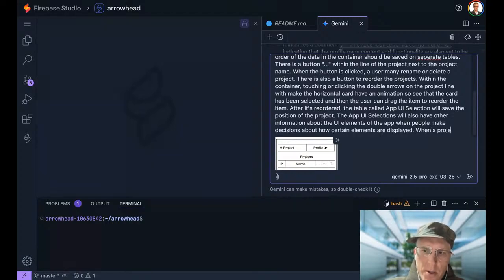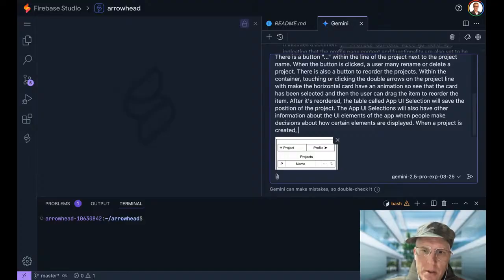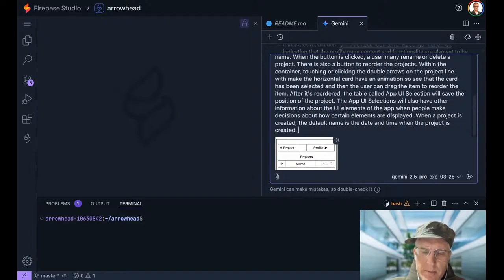When a project is created, the default name is the date and time when the project is created. The P doesn't do anything